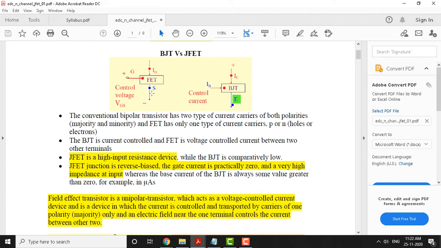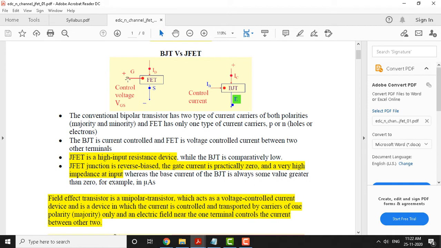In amplification especially, having higher input impedance is very good, because when we have higher input impedance, a small amount of input signal can be coupled to the device and you can get large amplified current at the output.